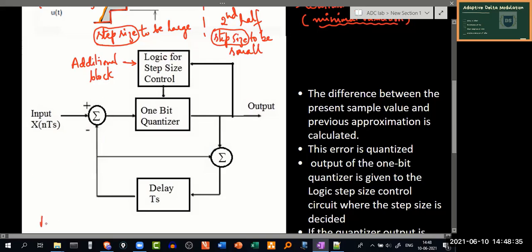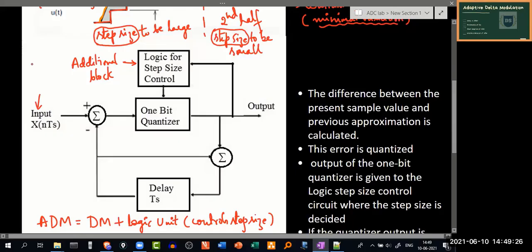So an adaptive delta modulator, ADM, can be thought of as a delta modulator plus some logic unit that controls step size. That's our adaptive delta modulator. Let's go through its working. Here we'll be passing our sampled input signal.